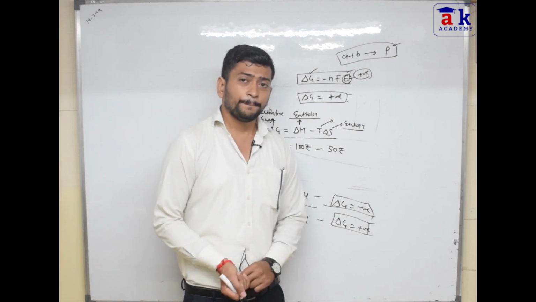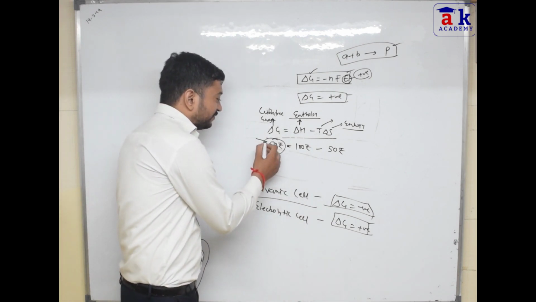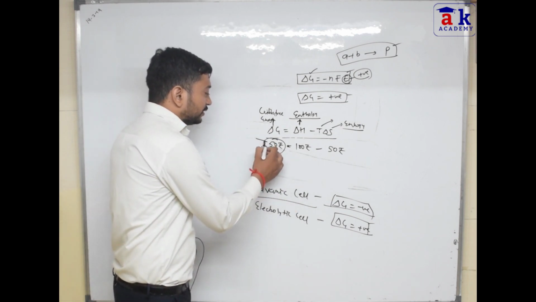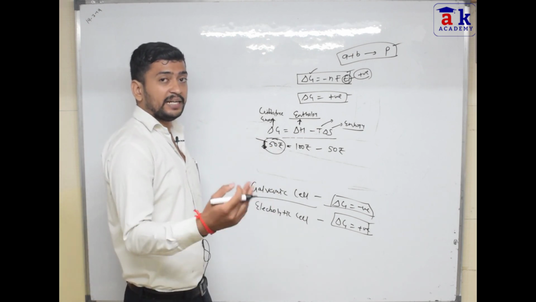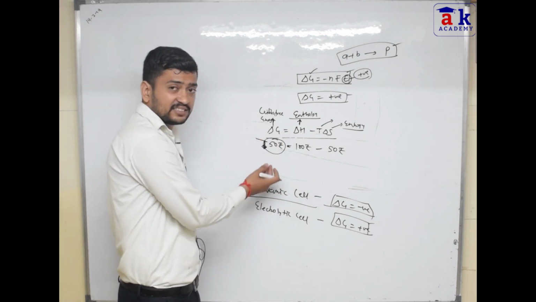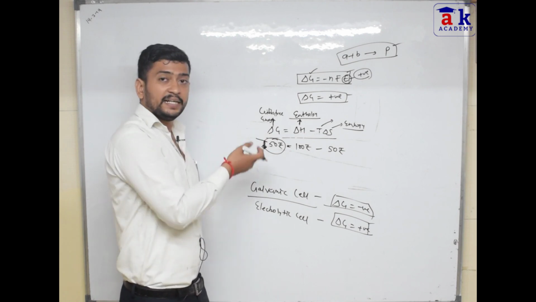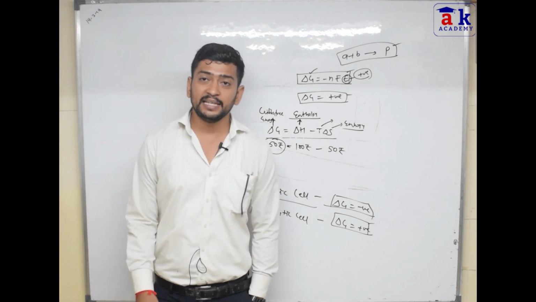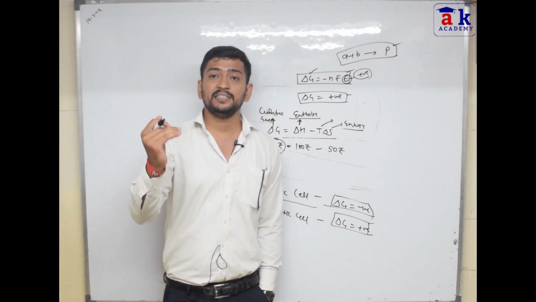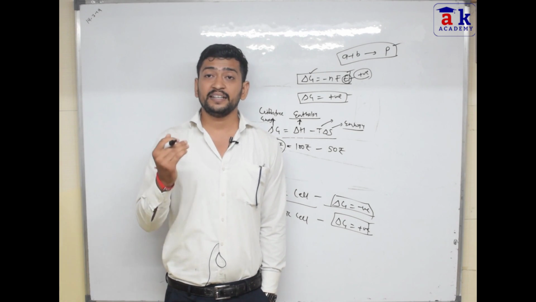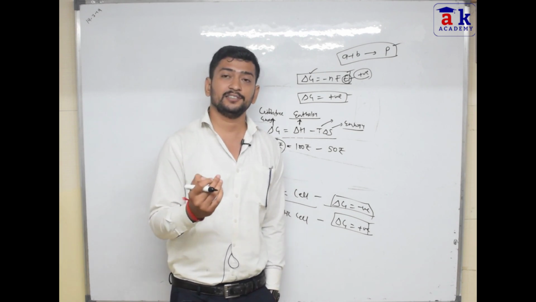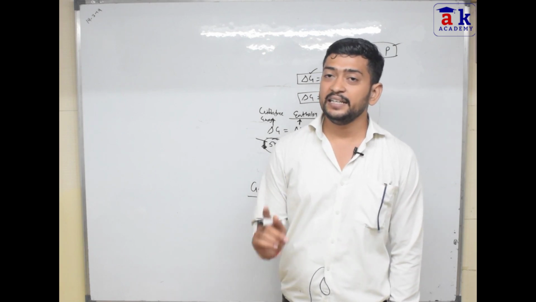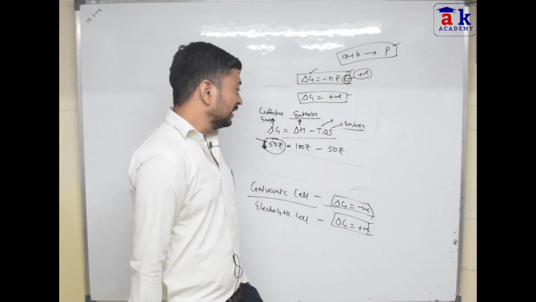So what will happen if you are spending this 50 rupees to do any work, like a galvanic cell? If you are spending this 50 rupees to do any work, in that case this will decrease. Definitely this 50 rupees will decrease. The same thing happens with the Gibbs free energy. In that case also the energy decreases. So that reaction is a spontaneous reaction. That's why we say that delta G is negative in case of galvanic cell. In any spontaneous reaction, delta G is negative.